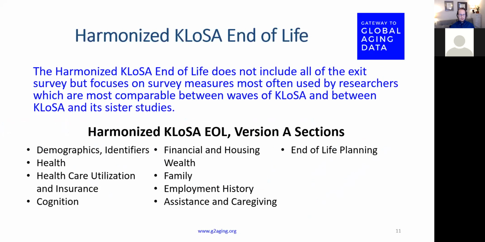And the Harmonized KLOSA end of life, like the other Harmonized KLOSA data set, doesn't include all of the exit survey, but focuses on survey measures that are most often used by researchers and most comparable between waves of KLOSA and its sister studies. Currently, there's 9 sections in version A of the Harmonized KLOSA EOL. And you can see that these sections kind of mirror a lot of the same sections that are in the Harmonized KLOSA dataset itself. So a lot of them are questions about what was